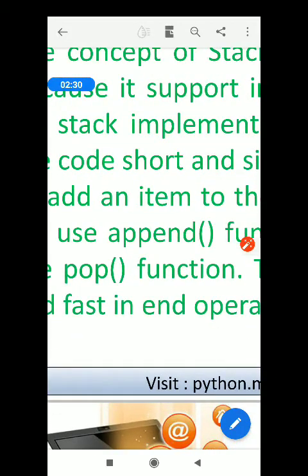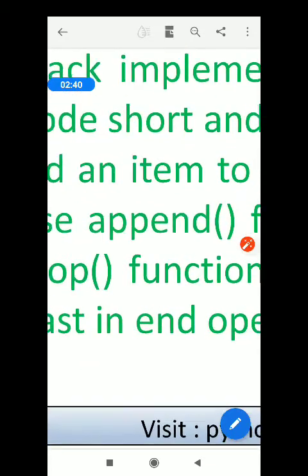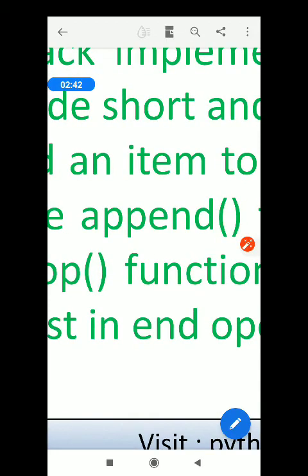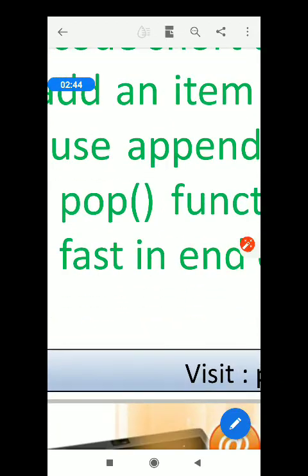You can add an element into a list very easily by using the append function. So when we are pushing the element into the stack, we will use the list append function, and when we are interested in deleting an element from the stack, we will use the pop method of list in Python.